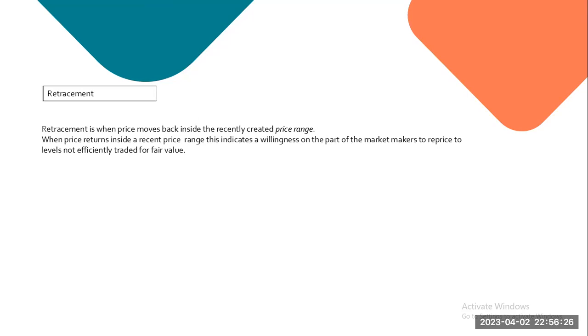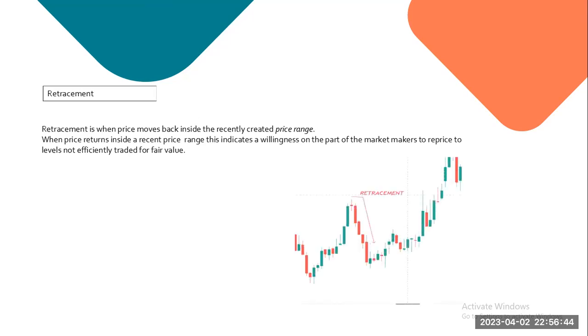So, like I said, it indicates a willingness on the part of the market maker to reprice to levels not efficiently traded. So they cover up voids that were not efficiently created or traded. Understand? So that's the purpose of them retracing a particular price in the market. So you see now they expanded. This is expansion up, making a higher high, but they retraced down to be able to cover up this void